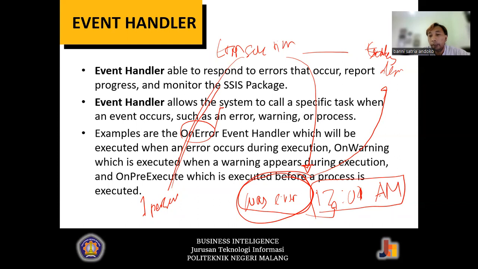So if it's still in the middle of the transaction, usually the stock position will not be updated. So basically this kind of condition or incomplete process will be one of the conditions that raises an error event.